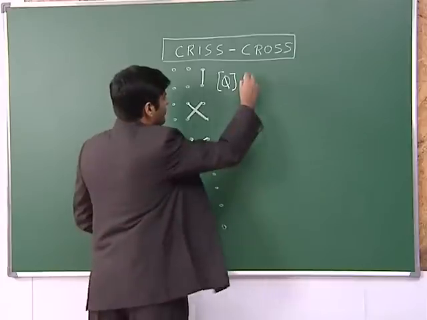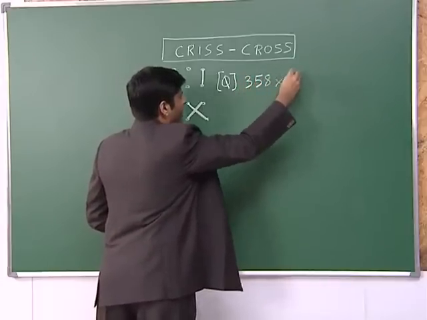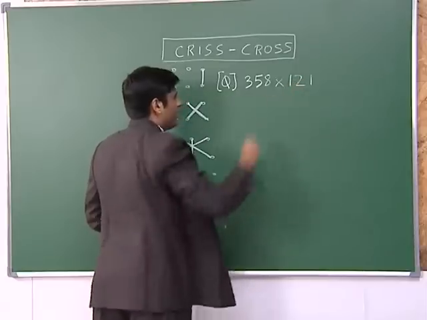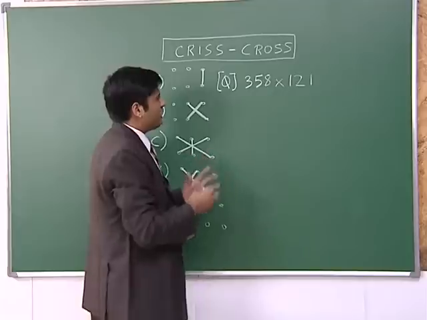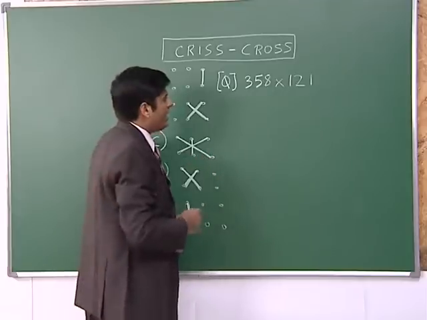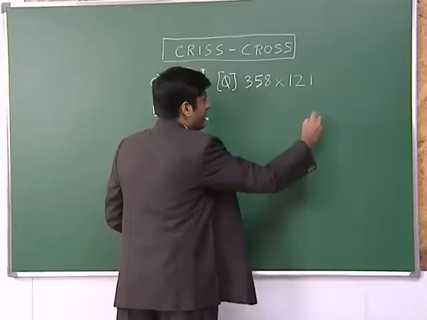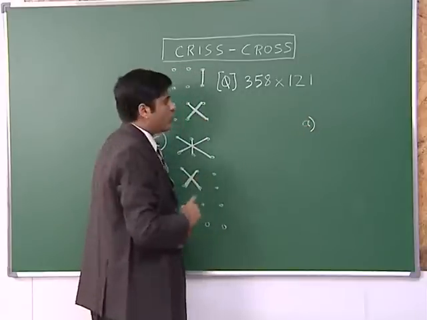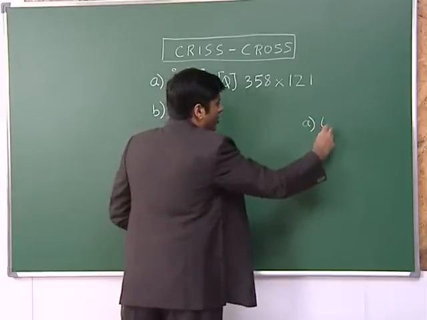example, I have to multiply 358 by 121. Now I know they don't ask such simple questions, but we are just taking one hypothetical situation. And against these questions, I have been given 4 options, out of which I have to select one as the correct answer. Let us say my 4 options are